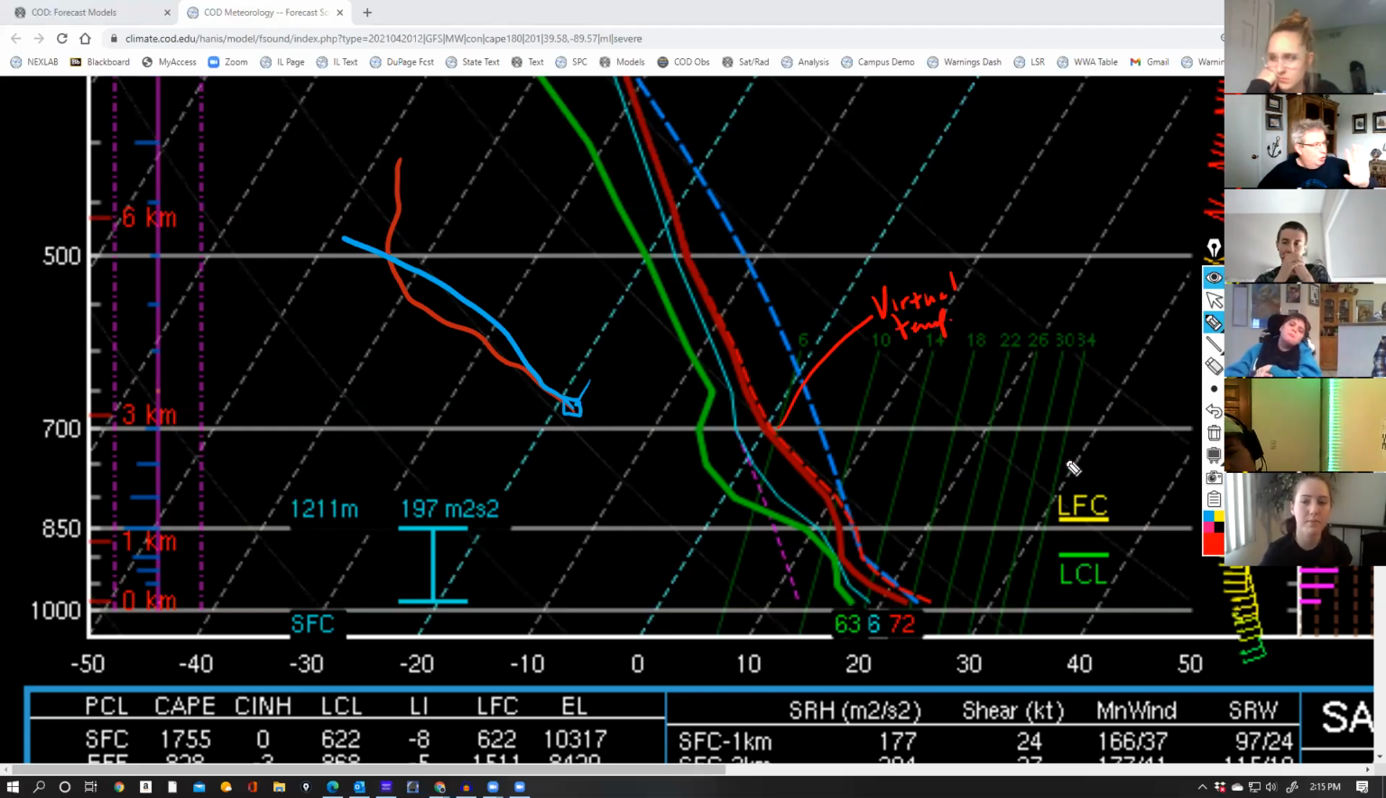Now, do you remember what we did is we would lift a parcel of air. It goes up dry adiabatically to the LCL. So there's the LCL. And then it goes up wet adiabatically. So that's that blue line. That's what it is. The question is, at this point, right there,